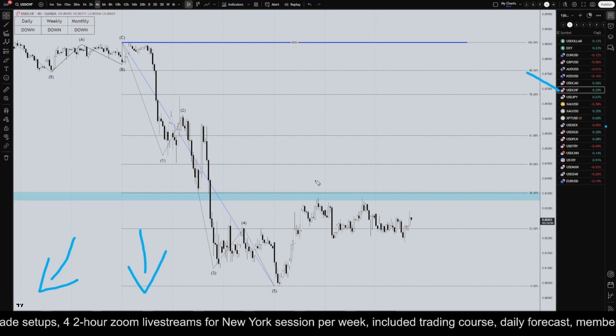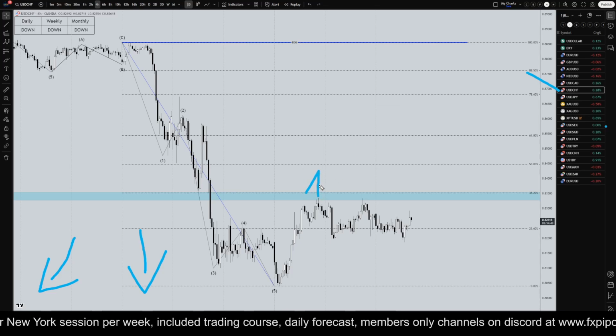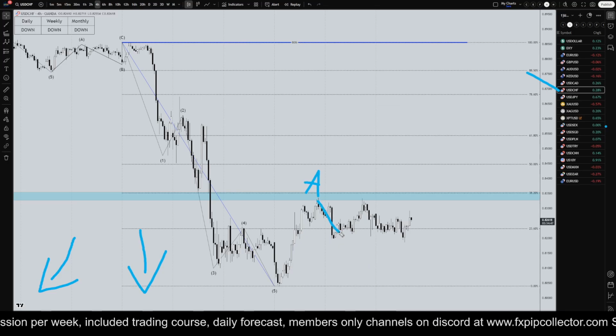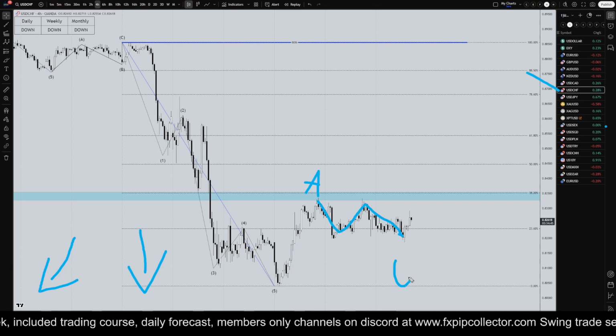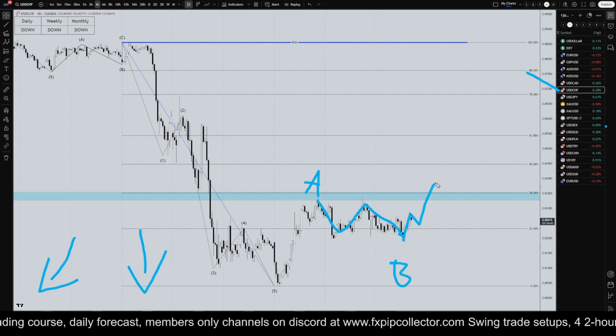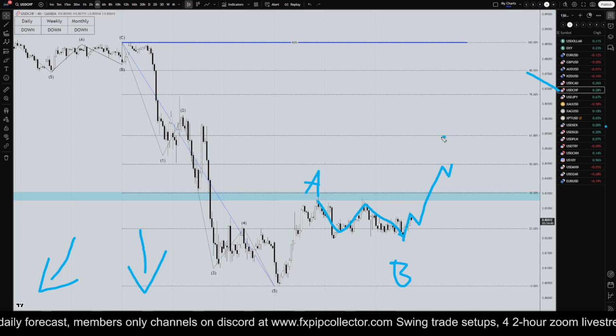So anyways, on the US dollar Swiss, we had FOMC yesterday, which didn't have that big of an effect on this one, but I think that it is pretty clear that this is an A. I think this is very clearly one, two, three waves down for a wave B. And I also think it's pretty clear that we are going up right now for a wave C.